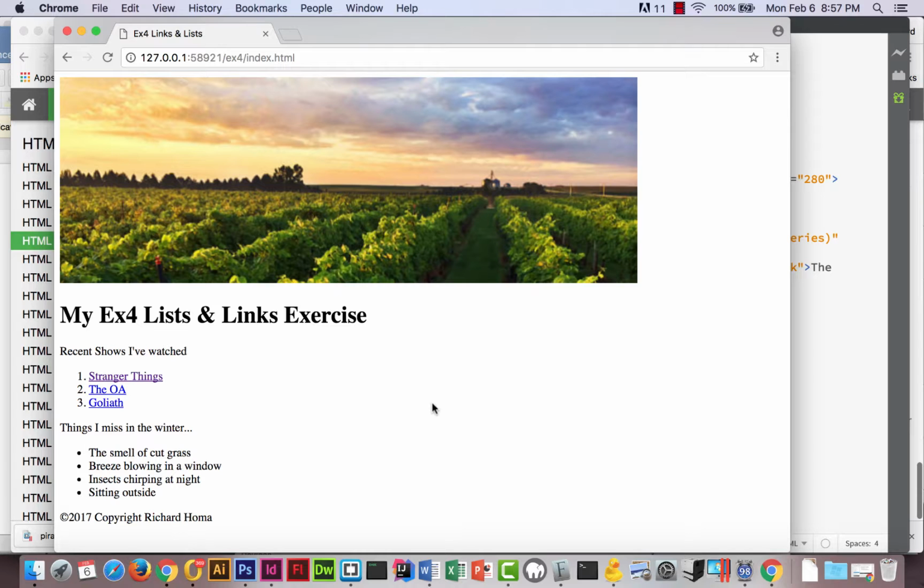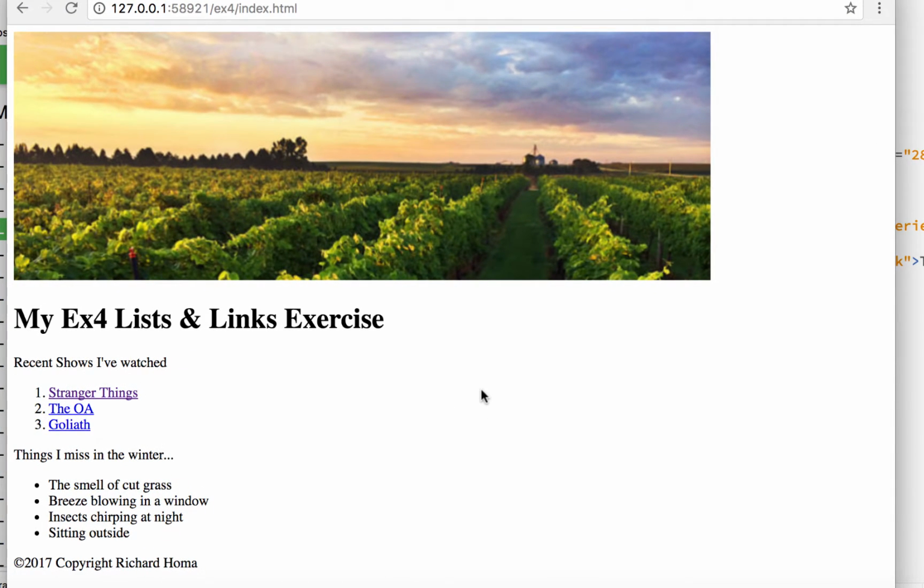It's not that exciting of a title. It'll be a review for some of you, and for some of you it may be some new content. This is a finished product of what you're going to be working on. You may not be using this vineyard image. You may be using the image that you just finished with ex3, but you're going to put this image on